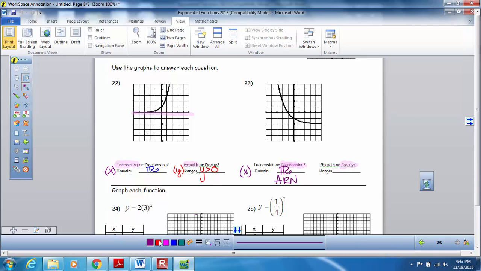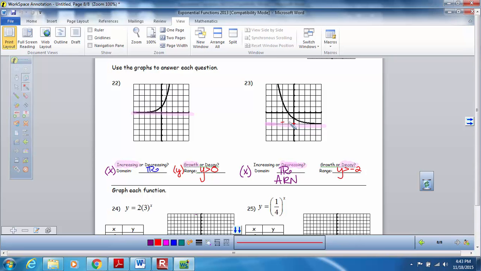Okay? And then our range. So we want to look at its highest point and its lowest point. Its highest point, we don't know where it came from, but we do know its lowest point. So its lowest point right here, if we count down, is at -2. And so that means that y would have to be greater than -2. So something I want to explain, wherever it looks like its lowest is,